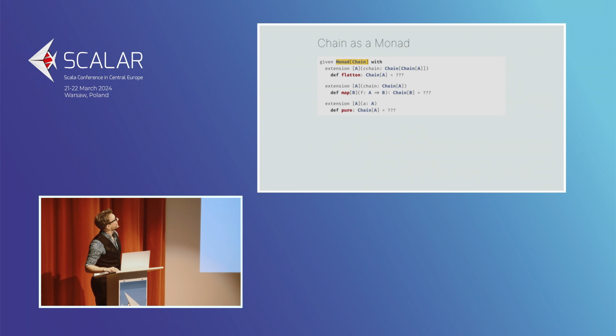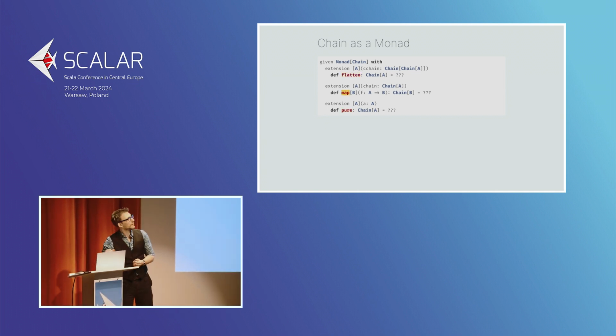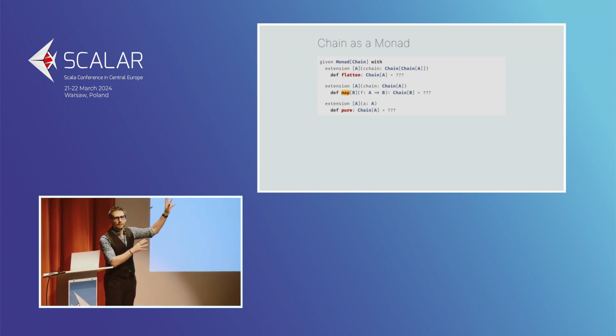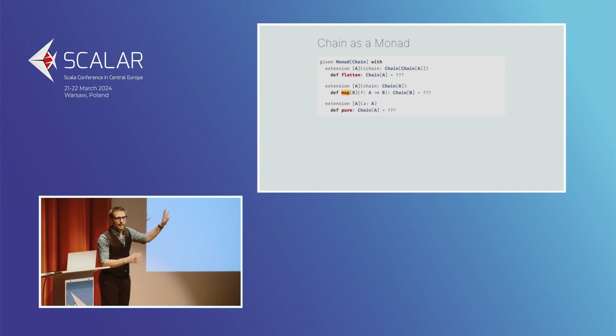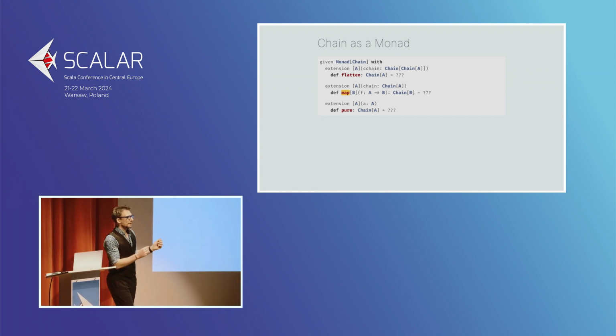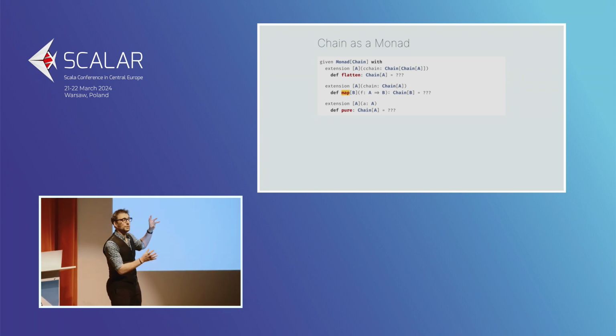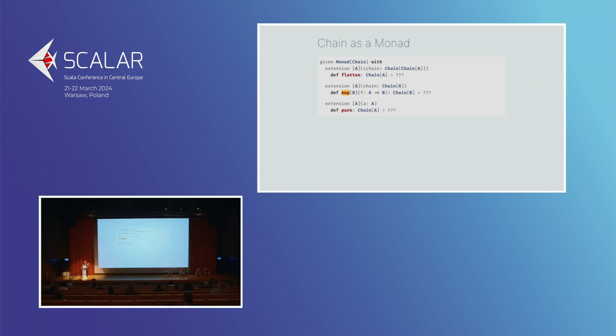There are two main configurations, and this is one of them, the one where you declare monad by flatten and pure, and you have a constraint on it being a functor, which I've just made map here because I only have so much screen real estate. But that's really flatten, pure, dependency on functor. That is also known as the most cumbersome shape of a monad because you have so much stuff to write, whereas the other one, flat map and pure, is much easier. So maybe we're starting to get an idea of what that initial statement in the beginning meant.